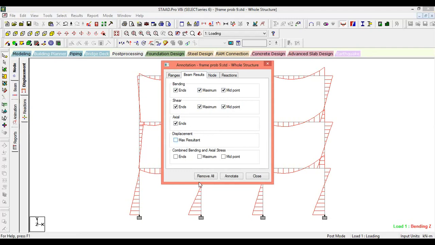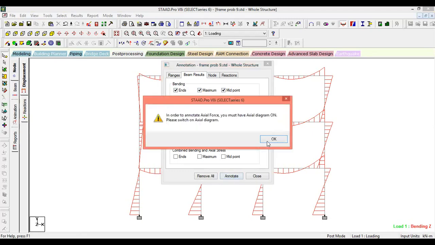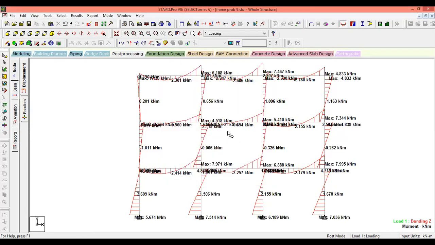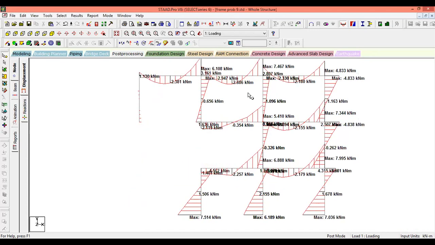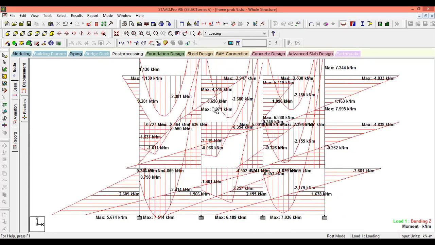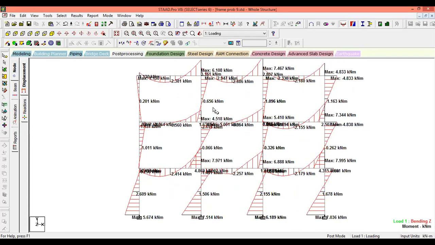Displacement, if you want, you can select. Okay, view annotate. Okay, close. This will give the bending moment values. If you improve the diagram further, you can see all the values, right? So this is how you can get the bending moment diagram and its values.